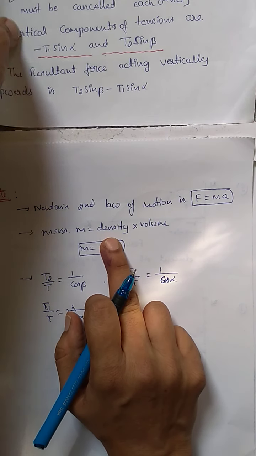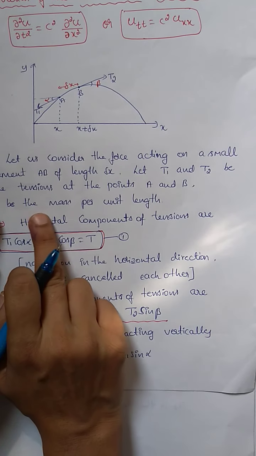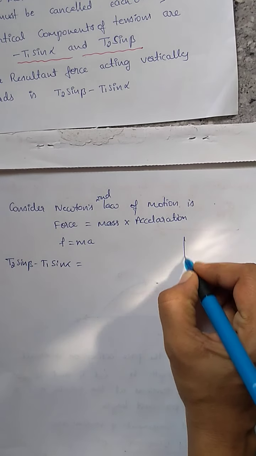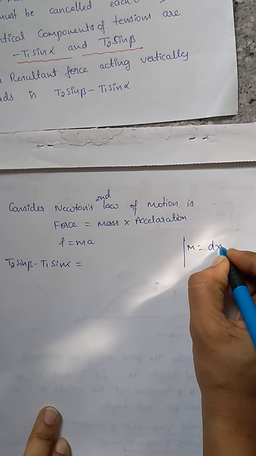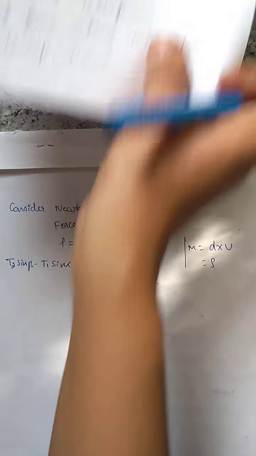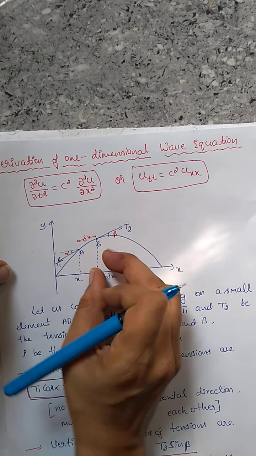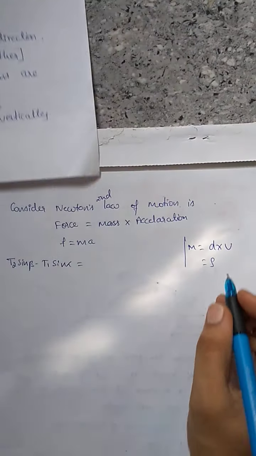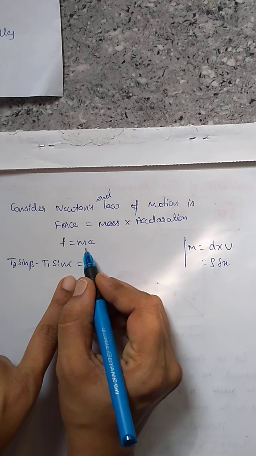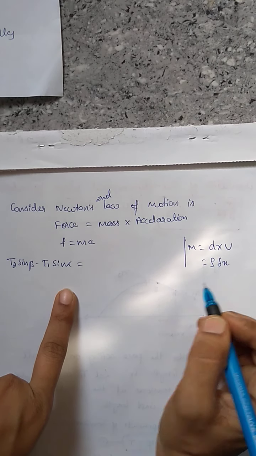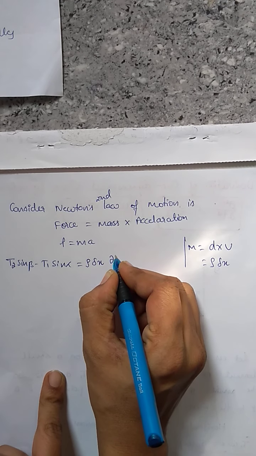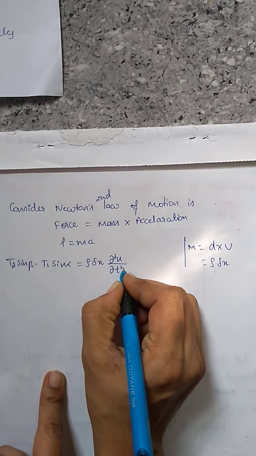So for density, we assume the diagram already explained: rho is the mass per unit length, therefore the density here is rho. Mass is density into volume. Here I consider density as rho, and for the volume, the segment's maximum distance is delta x, therefore the volume is delta x. Therefore, substituting, total force is equal to mass into acceleration. Mass is density into volume, so density is rho and volume is delta x, into a, where a is acceleration, del square u by del t square.